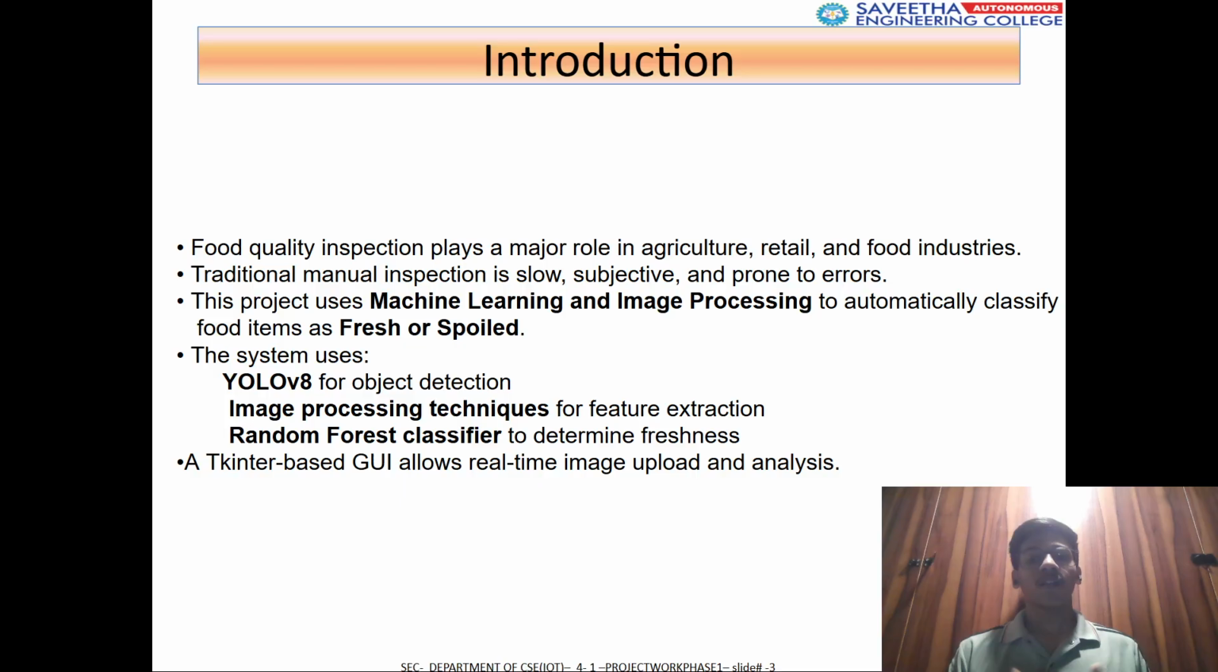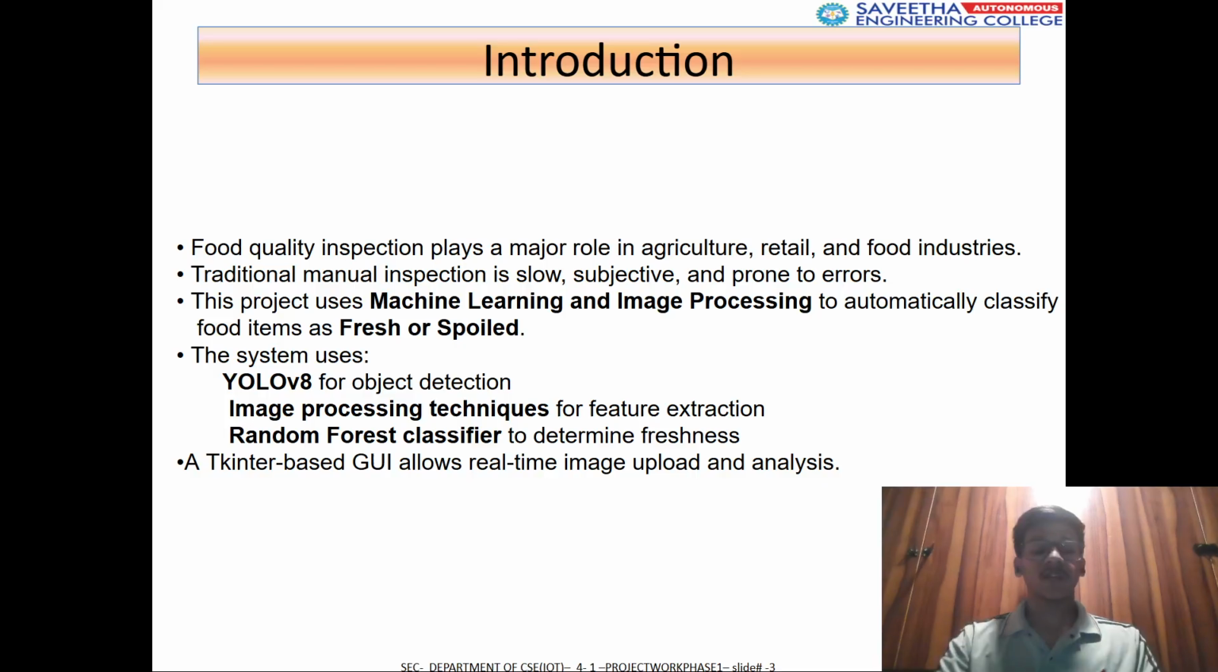In this project, the system uses YOLOv8 for object detection, image processing techniques for feature extraction, and a random forest classifier to determine freshness or spoilage. That's where our solution comes in. We have developed an intelligent system that automatically classifies food items as fresh or spoiled in real time. And the project scope is